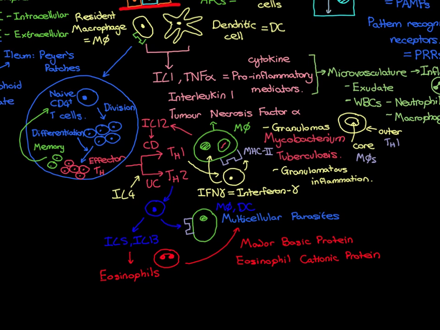They will know then that they're in the right place, and they'll then release interleukin-5 and interleukin-13. They'll call for eosinophils, and the eosinophils will destroy the multicellular parasite, or at least that's the idea. Now, the final bit of this that again is really important because we're discussing ulcerative colitis is that when they meet the antigen-presenting cell that has the peptide fragment that they're directed against on its surface, not only do they release interleukin-5 and interleukin-13, but they also cause the antigen-presenting cell, the macrophage or the dendritic cell, to call for